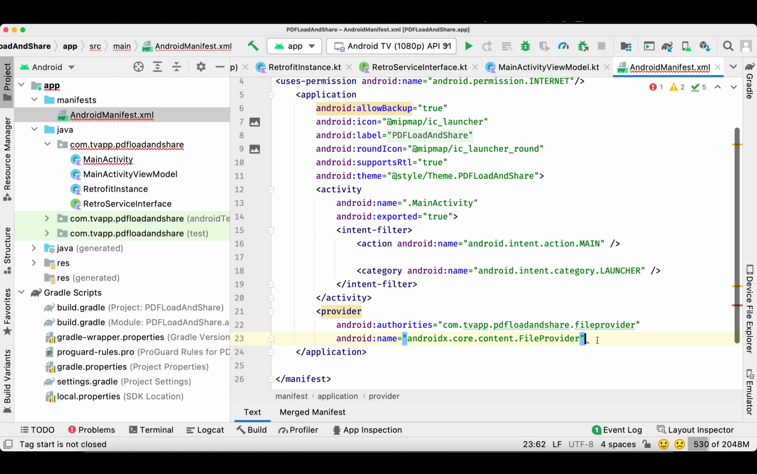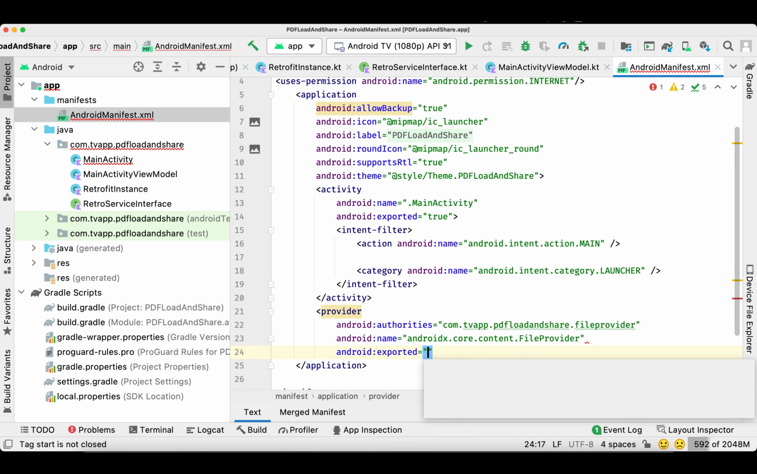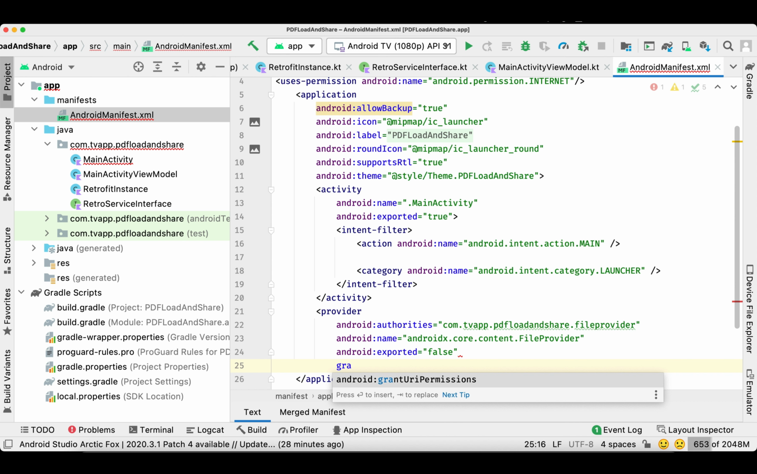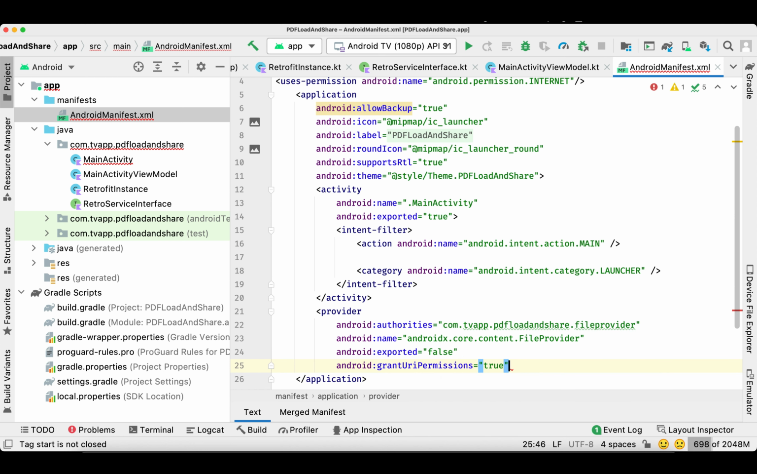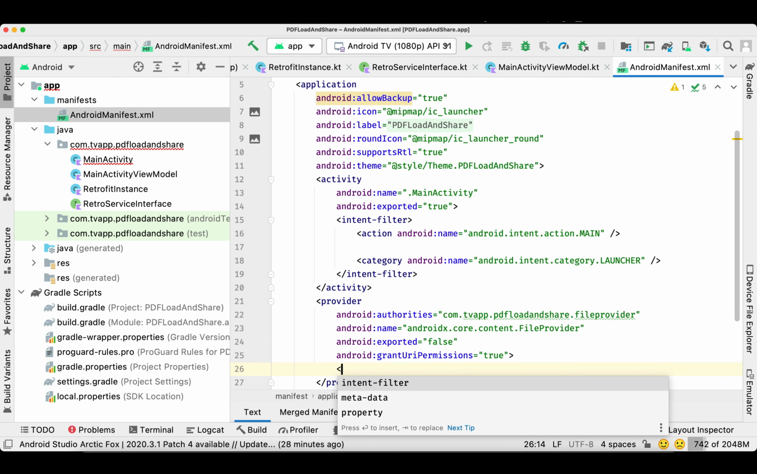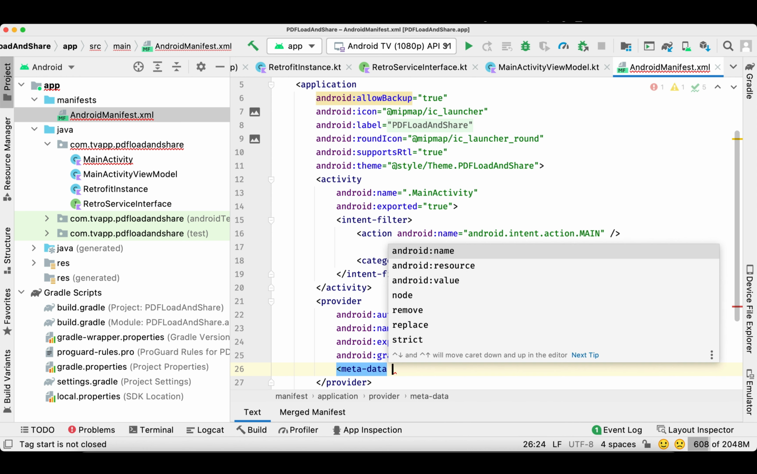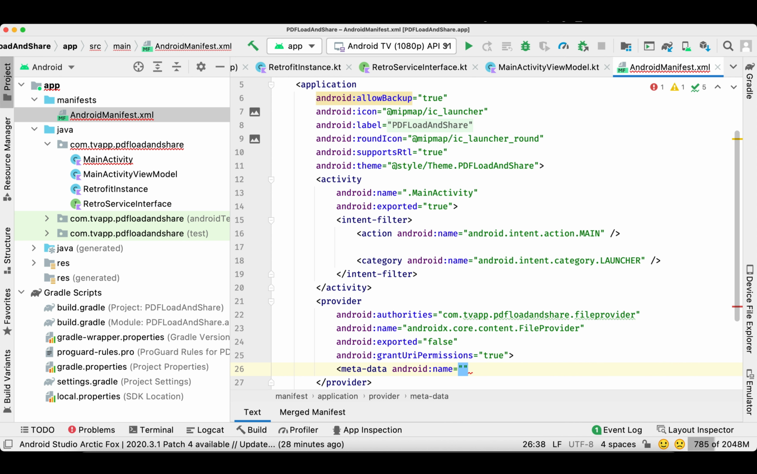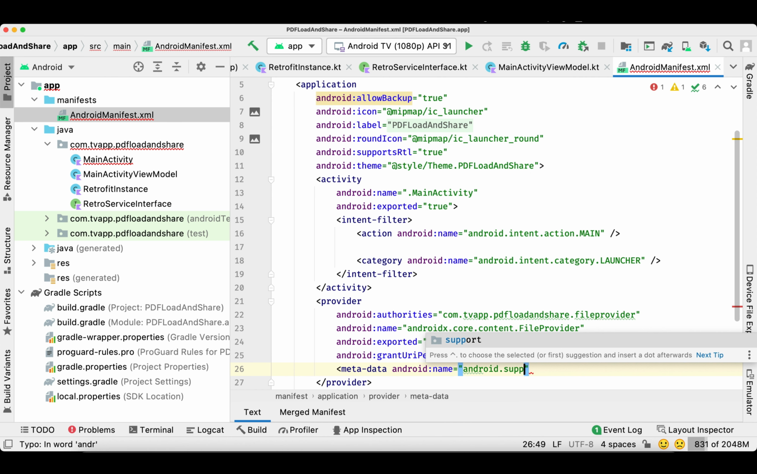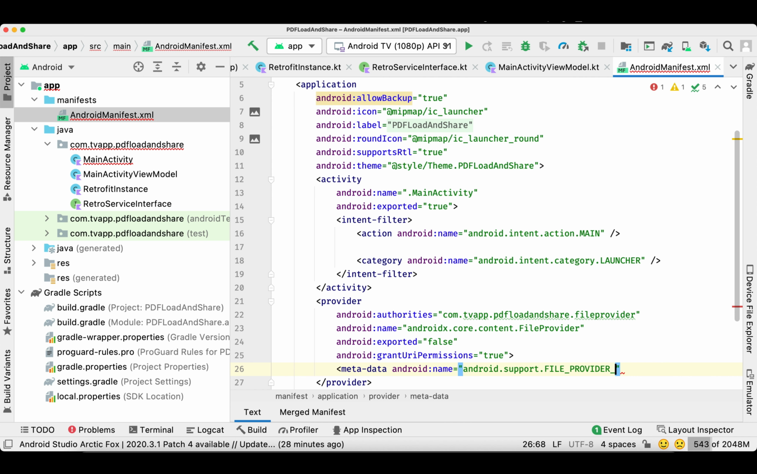So it will be file provider, and now we'll pass exported false and grant URI permissions true. Also we need to define the metadata inside it. In this metadata we'll define name and resource. Name will be android.support.FILE_PROVIDER_PATHS, file underscore provider underscore paths,